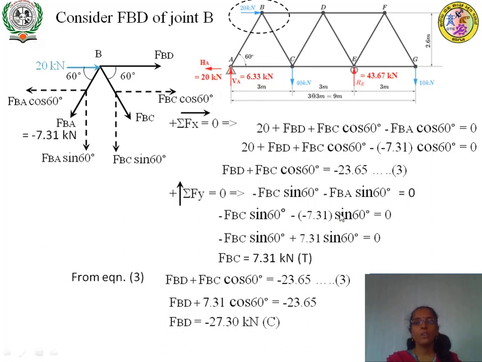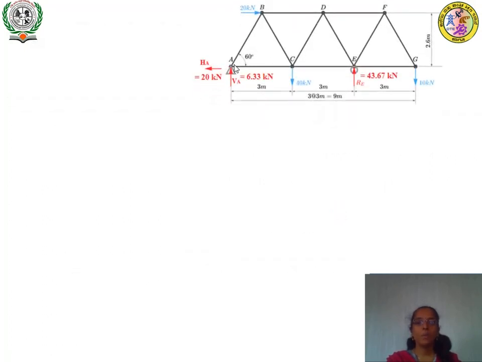Okay. So now we have applied at A, applied at B. So after applying equilibrium conditions at joint B, we have found forces in members BD and BC. So now we can move to joint C or joint D. If you go to joint D, you know force in member BD, but we have 3 unknown forces. Therefore we cannot opt for joint D. So next we are left with joint C. Forces in members AC and BC are known. So the remaining unknowns are CD and CE. Hence we can select joint C.